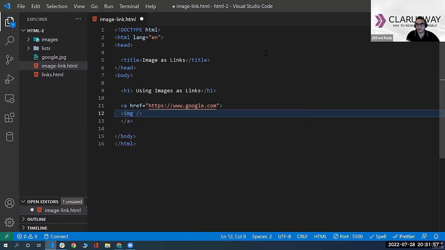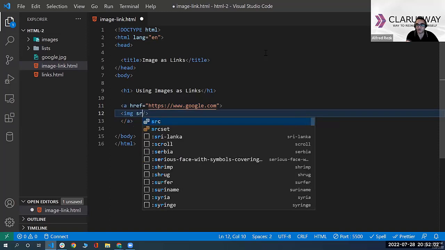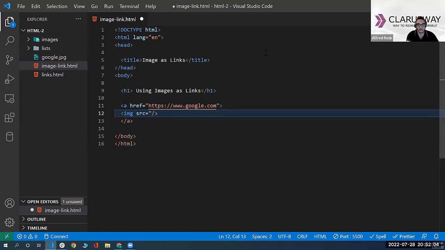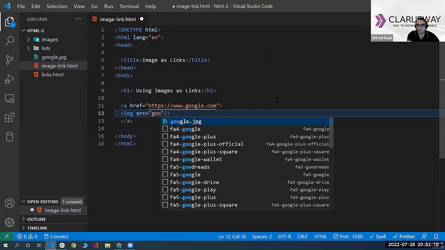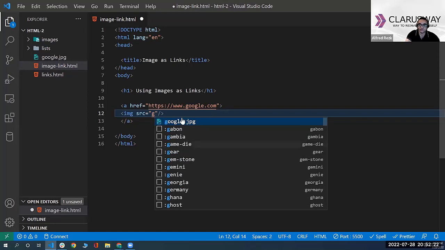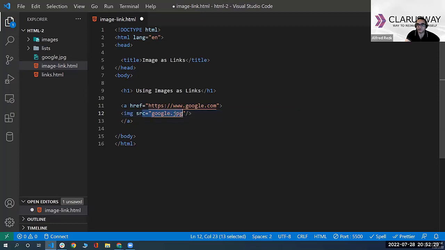And as you know by now, image has a required attribute, which is the source, src. The image should be in the same directory as the HTML file, which they currently are. I put the name of the image, which is Google. Once I start typing G, it will drop down the name of the image, and that's very helpful. I can click on it and select google.jpg. If you save that,